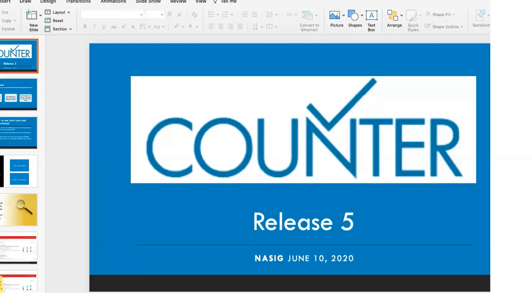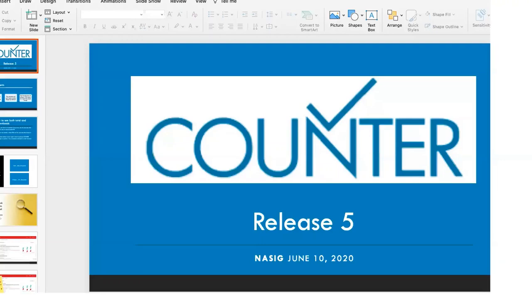However, some content providers and publishers and platform providers are not. Counter encourages the use of the most recent release, but we don't dictate that necessarily to the communities that we work with. And it is reliant upon librarians to speak up and to encourage the content providers to use the most recent release of Counter in order for you to get the same data from all the places that you might be getting content from.